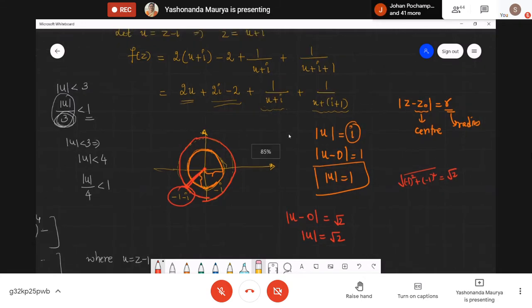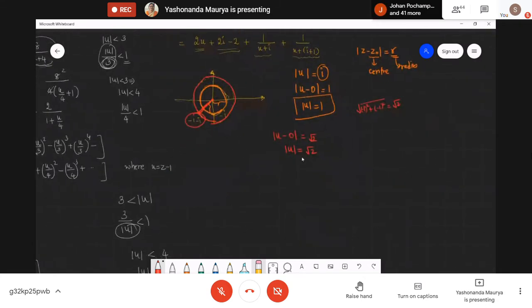Okay. Now having written in this fashion, observe that when I take the innermost region, let me call it the region number 1. This is region 1 inside. This is the region number 2, which is the annular region in between. And this is the region number 3. Okay. So in region 1,